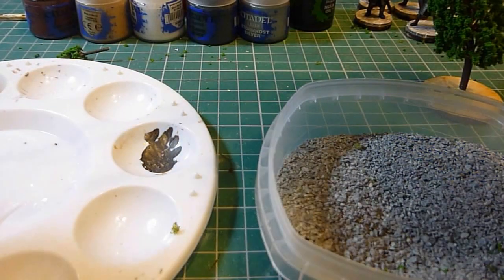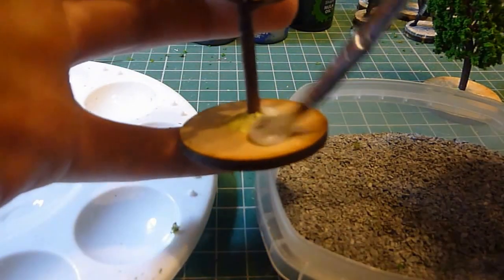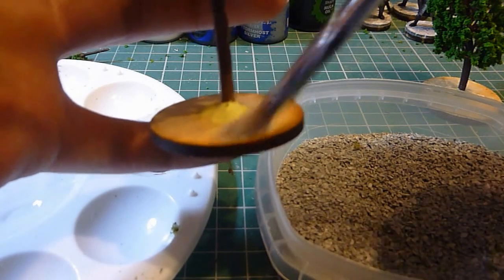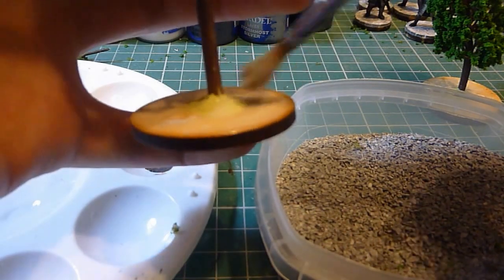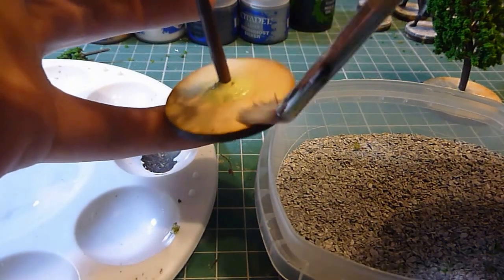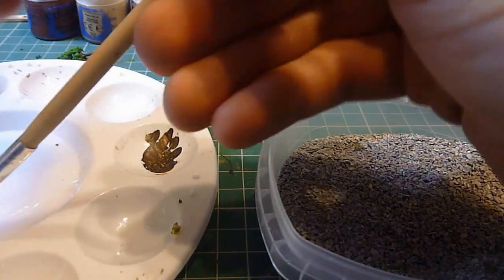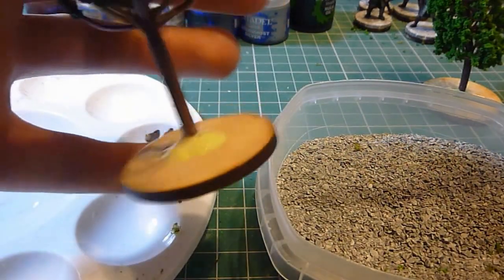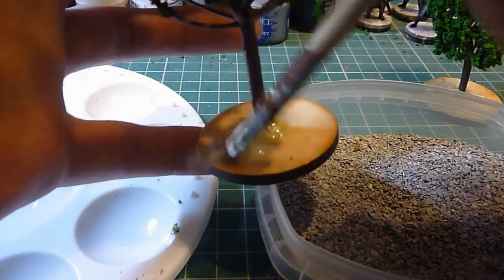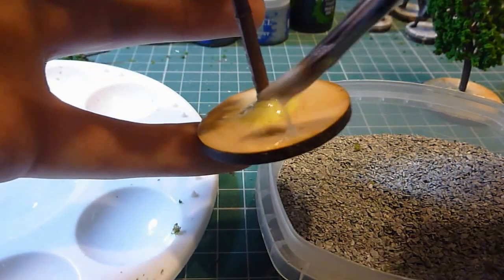very simply coating the base in PVA glue and just rolling it around. I'm going to paint once this is dried, so probably tomorrow, paint all of the bases, paint all of the grey grit brown, with just some paints I got from